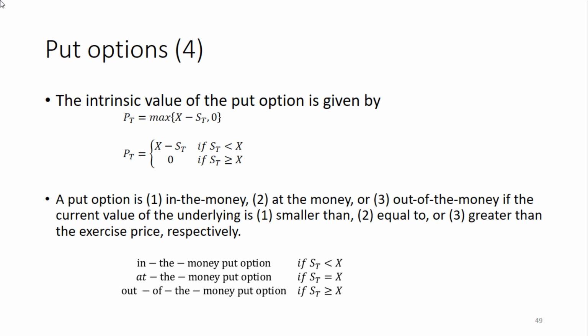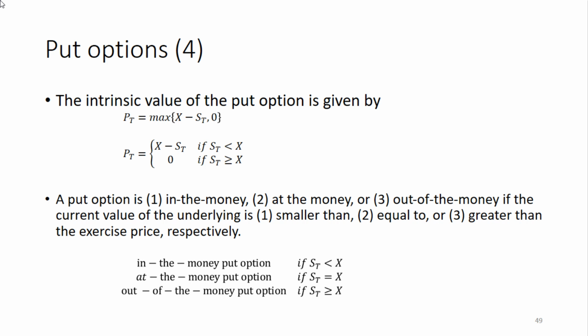So a put option has also, like with call options, intrinsic value and time value. Let's first look at the intrinsic value. The intrinsic value is the difference between the exercise price that was agreed upon and the actual price of the underlying stock, but only if that amount is positive. Otherwise, it's limited to 0. So we look with the maximum operator at the difference between the exercise price and the underlying stock price, and 0.